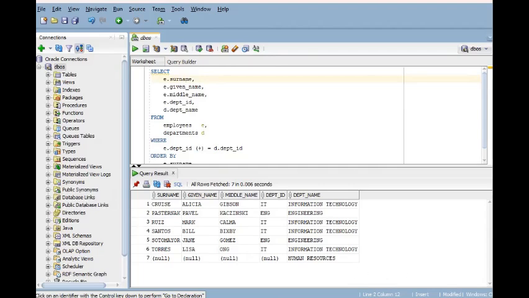Okay, so we have seen in action a couple of examples on how to convert a select statement from one that is Oracle style syntax, especially in the join, to ANSI, as well as the other way around, or vice versa, from ANSI to Oracle. And just like that, we have been able to cover the